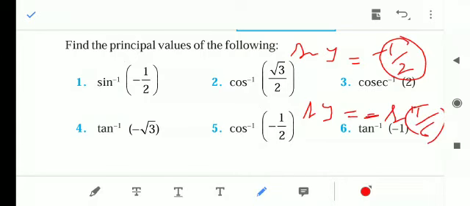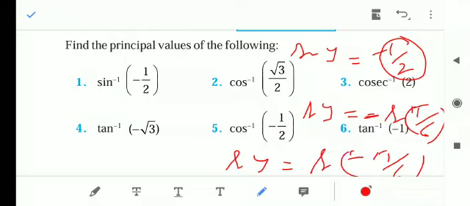You know, sine is negative in two quadrants. Either it is in the third quadrant or it is in the fourth quadrant. And if you see the range of the sine inverse function, it is minus pi by 2 to plus pi by 2. And our sign is negative. It means our value y is lying only in the fourth quadrant, so we can say sine y equals sine minus pi by 6. Here sine is negative. Sine negative is possible in the third quadrant and in the fourth quadrant. If sine is negative in the third quadrant, we would have taken pi plus alpha.